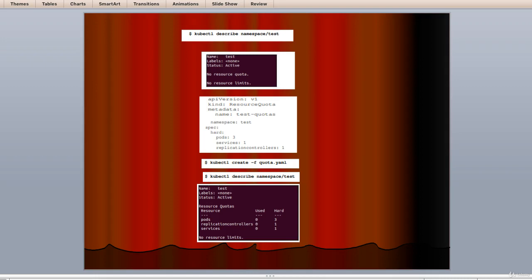Now let's inspect our new namespace a bit more. Run the describe command as follows as you can see on the screen here. The following screenshot is the result of the preceding command, this one. Kubernetes allows you to both limit the resources used by individual pods or containers and the resources used by the overall namespace using quotas. You will note that there are no resource limits or quotas currently set up on the test namespace. Suppose we want to limit the footprint of the new namespace. We can set quotas as follows, as you can see here.